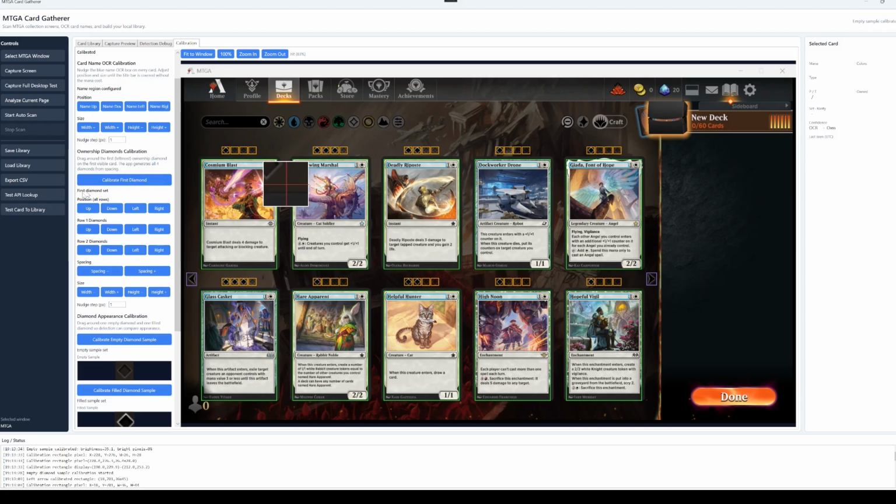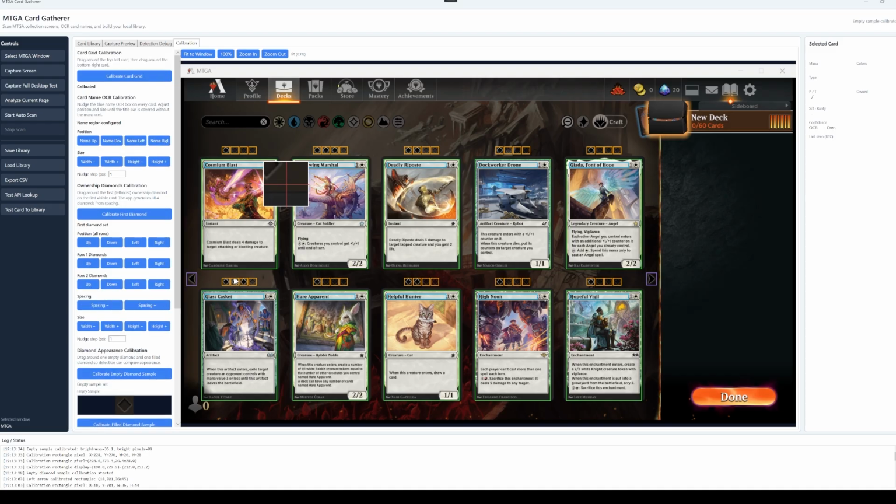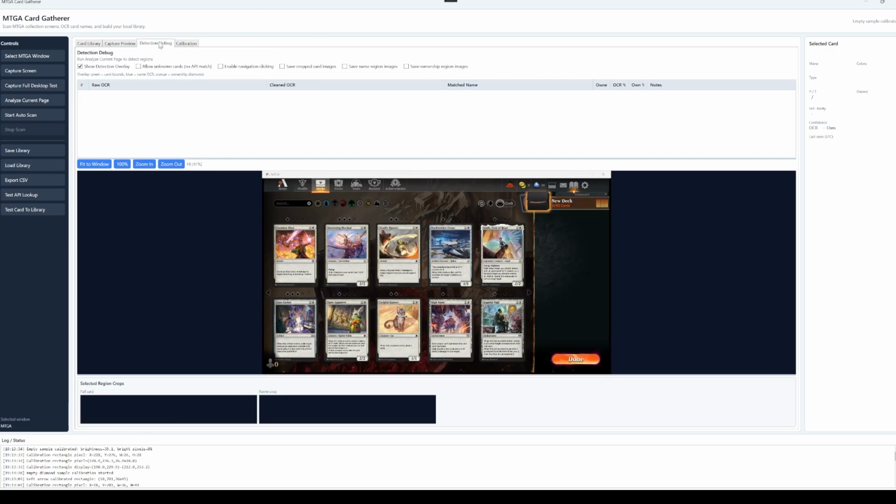So we can shift the diamonds where they're located. We can make them wider, smaller, position all rows. We can shift them up, we can shift them down. We can increase the spacing between them just to get it right. We can change the nudge pixel rate. And so we can position where everything is, along with where the card text is. Okay, so if we go back to our debug,